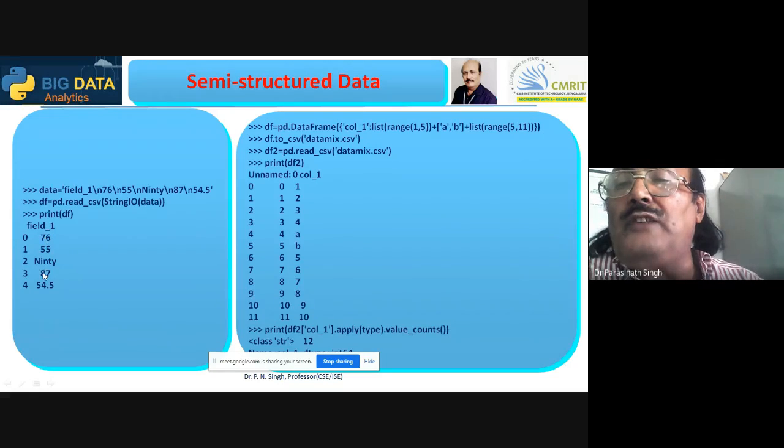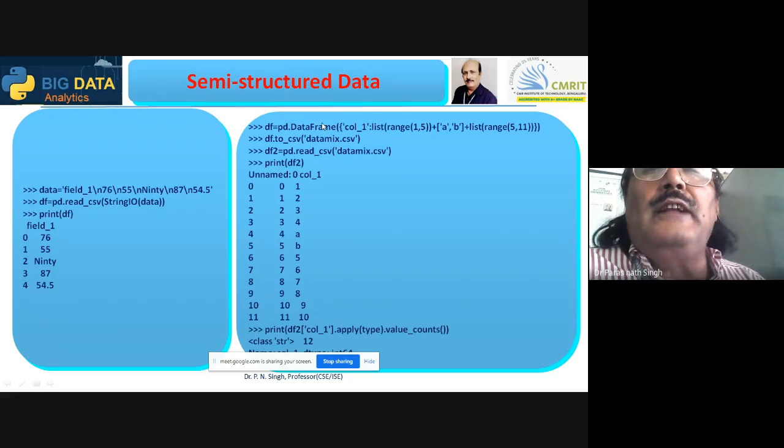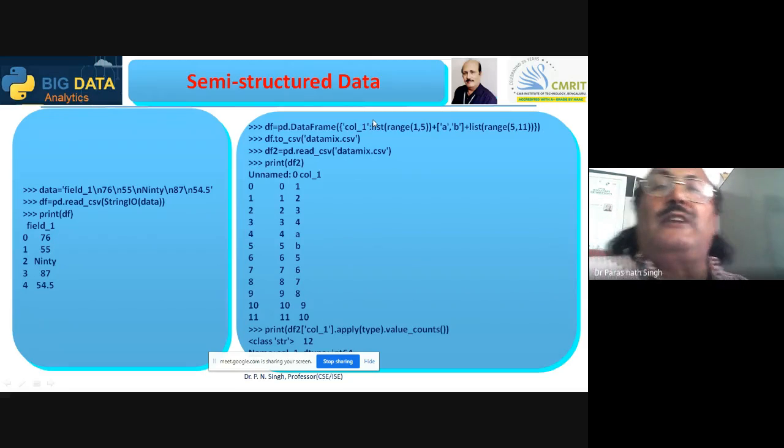Numbers are there, and strings are there, and among numbers, integers and floating points are also there. Like that.